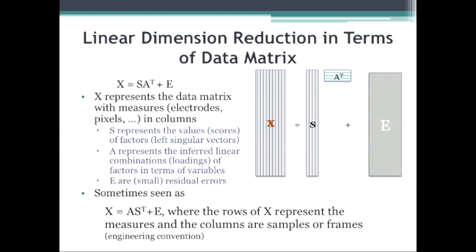The way I've oriented this, which is the common statistical convention, the variables are in columns, and the instances or the time samples are in rows. You may also see this inverted. Engineers particularly like to represent data as a whole lot of vectors, so then the variables would be in rows and the instances or time samples would be in columns.